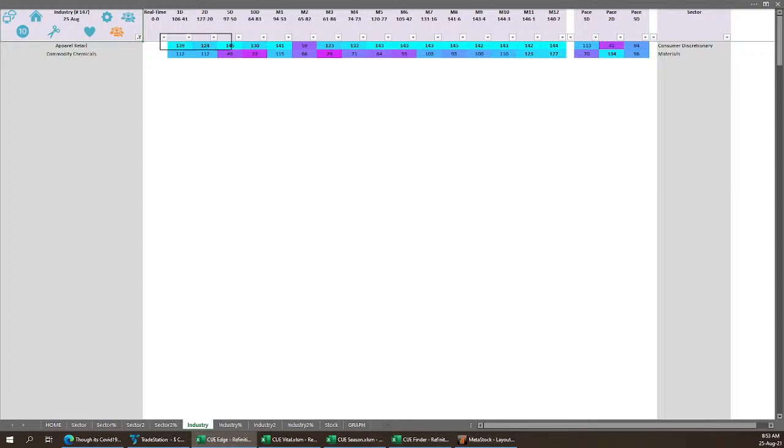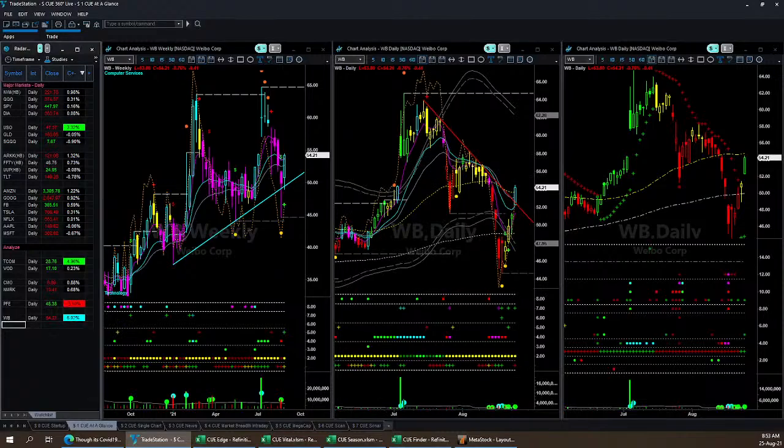Of course, apparel retail is stronger and it had been strong for a while. That is a reason to buy. And commodity chemical can also be bought because it may be a turnaround candidate. So industry allows buying in both of these stocks. Let's look at them again. Industry allows buying, great fundamentals and